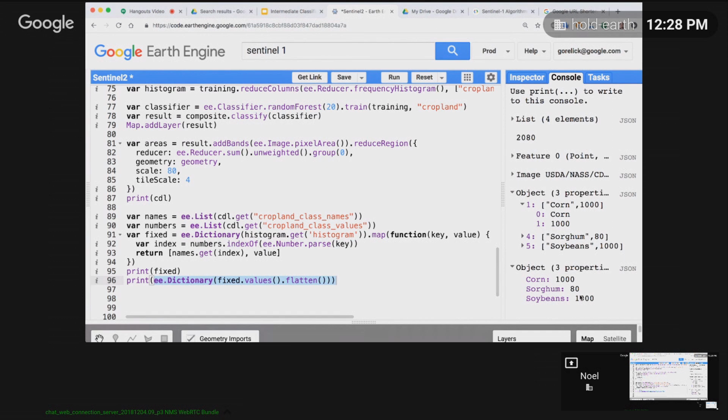One second. Yep. So I didn't even mention fusion tables. So